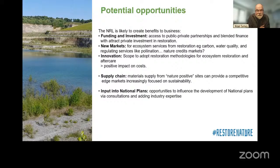and make something by way of return on investment into the business. And then innovation. One of the things that was interesting to me was the scale at which the restoration law has been costed, and as an industry, you obviously have to spend quite a significant budget on your restorations. Now,